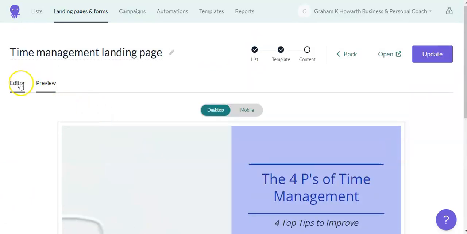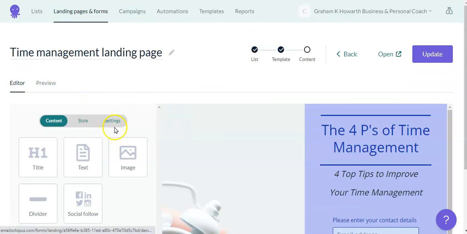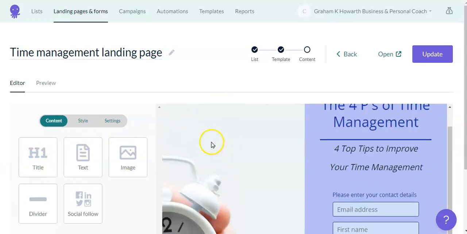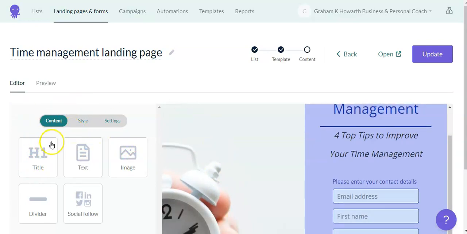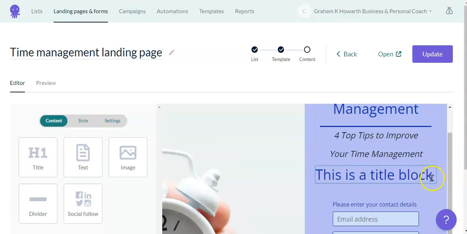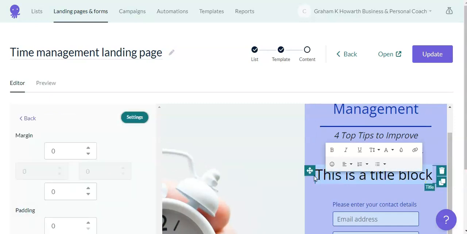Okay, so let's return to the editor, and what we'll do now is add in an additional title just to give it a bit more effect. So again, I'll just scroll up a little bit. So if we look at pulling a title into here, it's the same thing. Just click on, hold, drop over, and just drop where you want it to be, and it will come up with a title block. So we'll just highlight that, and then we're going to put in something like